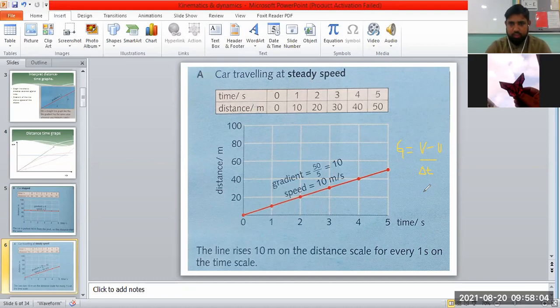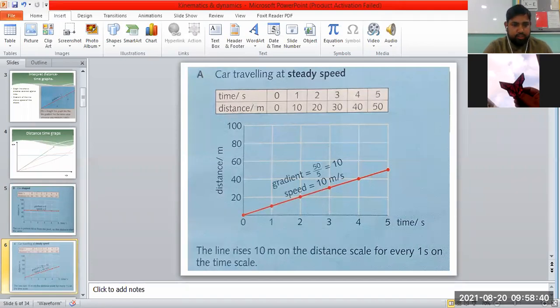Okay, I hope you get it. I guess the review is not fresh yet, so you are taking some time. So the gradient of this graph tells us about the speed, and a straight inclined line means speed is constant, or is it changing? What does this graph line show? If we have a straight inclined line, does the object move at constant speed or not? Sir, speed is constant.